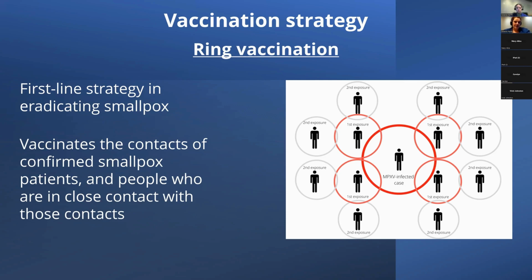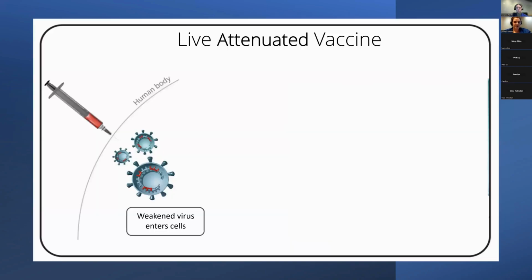So now that we've talked a little bit about the history of where vaccination came from, I'd like to talk about some of the vaccines that we have now. One type of vaccine that we have now is the live attenuated vaccines. Live attenuated vaccines use a weakened virus. Yes, it is a live virus, but it's so weakened that it doesn't have the capability to actually make you sick, as long as your immune system is functioning properly.